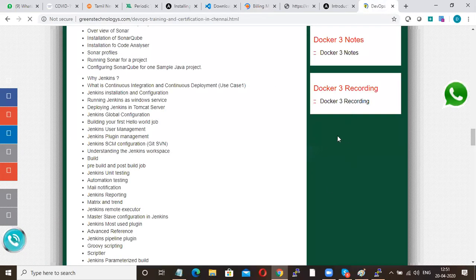To be on the safer side, we are uploading it here so that it does not affect others' learning as well. So after that, just go to Google, search DevOps training in Chennai, go to our website, and here you will find it. Clear?